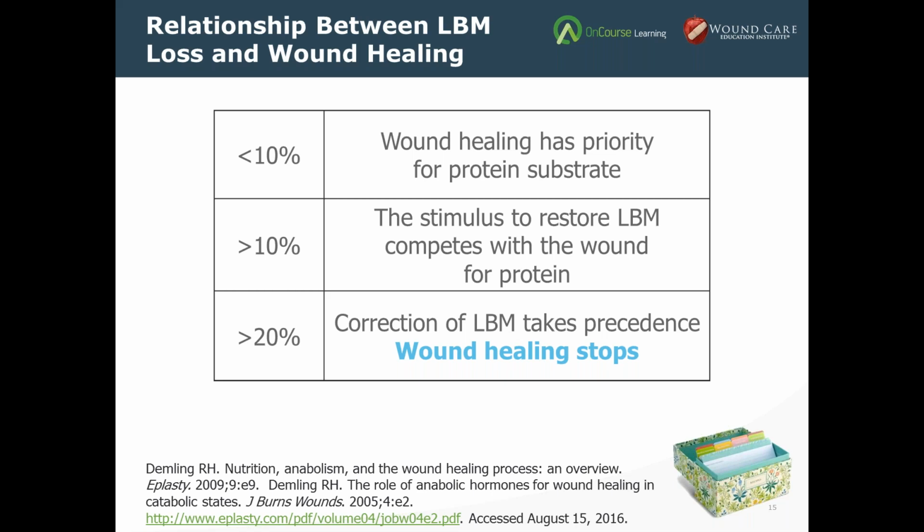Obviously, if your heart becomes totally wasted or you can't breathe because you can't move the muscles that are going to make your lungs function, you're not going to do very well. And what the research shows is that when a patient has lost less than 10% of their lean tissues, wound healing has the priority. Everything will be okay. We're going to do well. But if you don't check that, if you don't